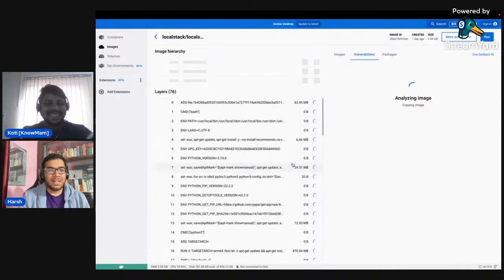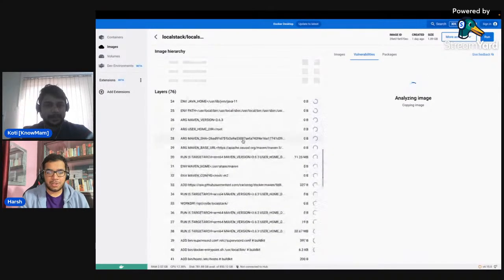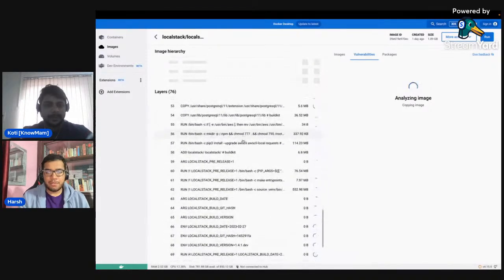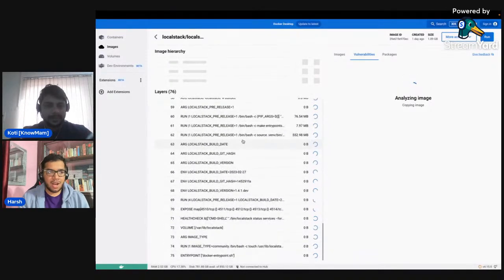As you can see, it has got almost 76 layers right here, and you can see how much memory each layer is contributing. This is a very good way to analyze why your image is so bloated and so huge in size, and what you can do to decrease the size of your Docker image. I'm not sure how much time this will take,